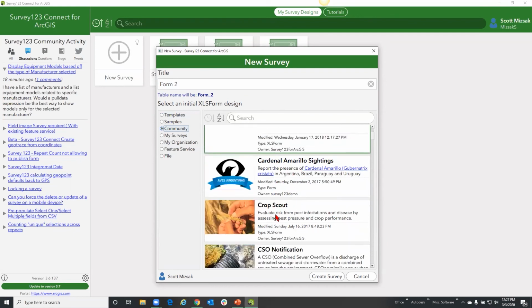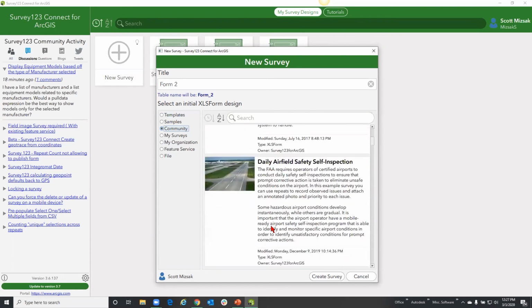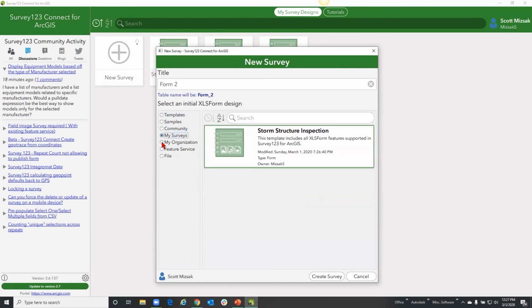Amarillo sightings, Crop Scout, CSO notifications, there's a bunch that are based off of communities. There is my surveys that I've published, my organizations that I have published, so I could actually start one from another survey that I already dealt with